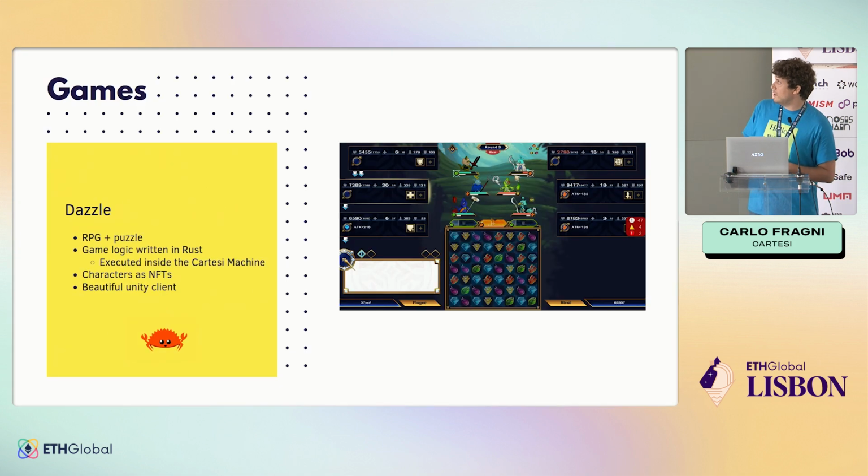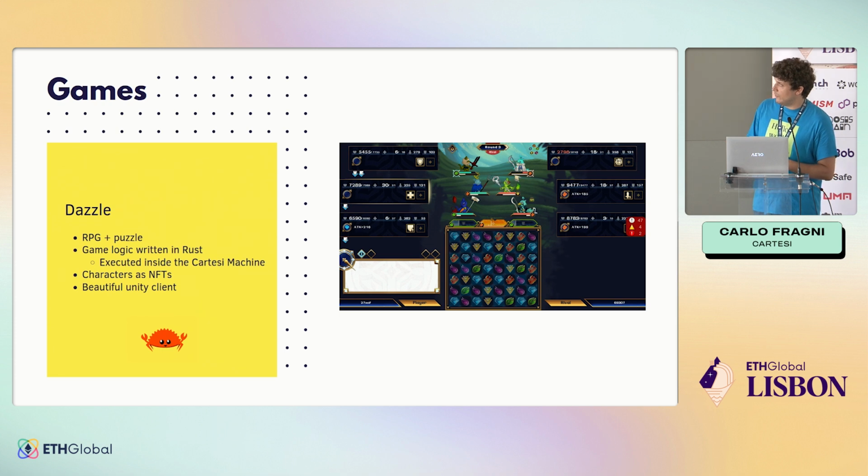So a first cool use case I want to show is this game. It's developed by a Taiwanese studio called Aferis, and the game name is Dazzle. It's basically a Pokemon and Candy Crush mashup. So you have your team, you attack the other one. Whenever you want to attack the other player, you do a combo on this shared puzzle, and there's no problem about anyone needing to trust the server, or about anyone tampering with the random number that's going to fuel the puzzle. So you're in a competitive match, you know that no one tampered with your board to get a better combo next turn, anything like that.